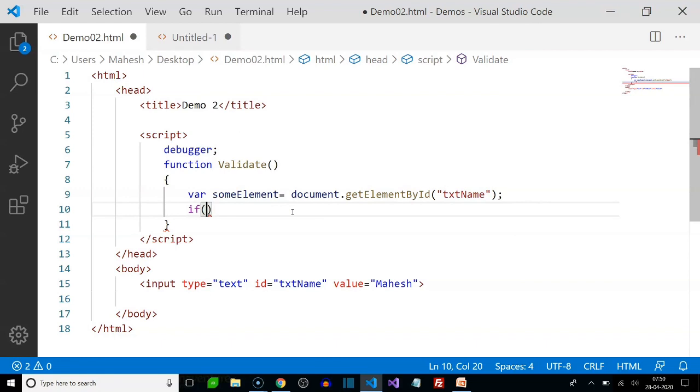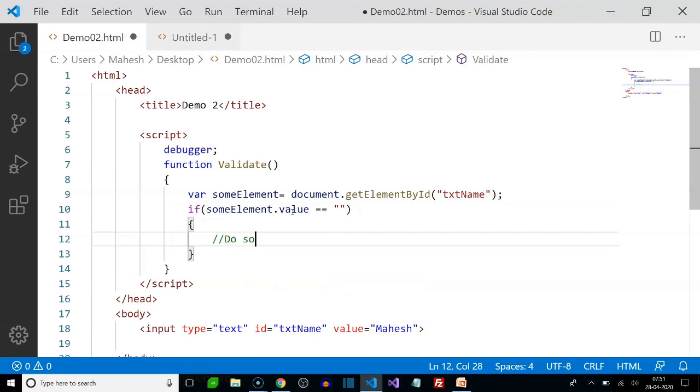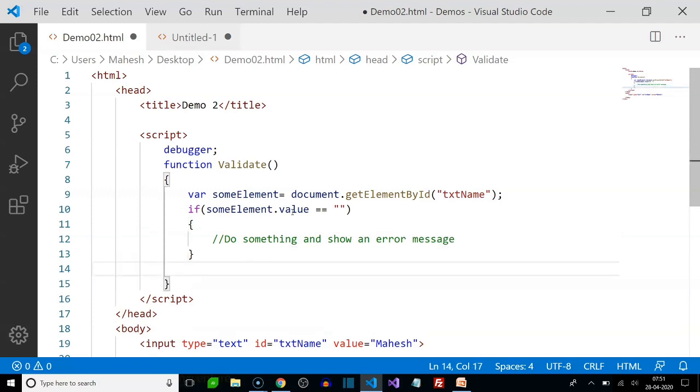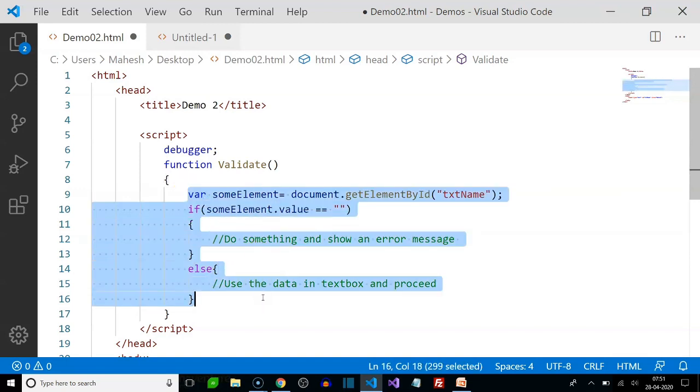So if the value equals blank, if it is blank, maybe do something and show an error message. Else, maybe I'll use the data and proceed. Now, if this is done with respect to the text box name only, what if tomorrow I need to have one more text box here,